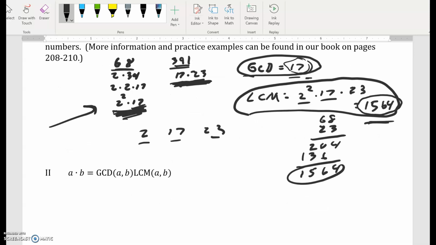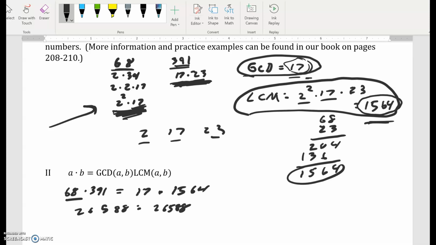Part 2 is a fact that is always true for any two natural numbers. What it says is that if you multiply two numbers like 68 times 391, you will always get the same thing as if you multiply their greatest common divisor, which we found in part 1 was 17, times their least common multiple, which we found was 1564. If you go ahead and multiply these, I think you get 26588